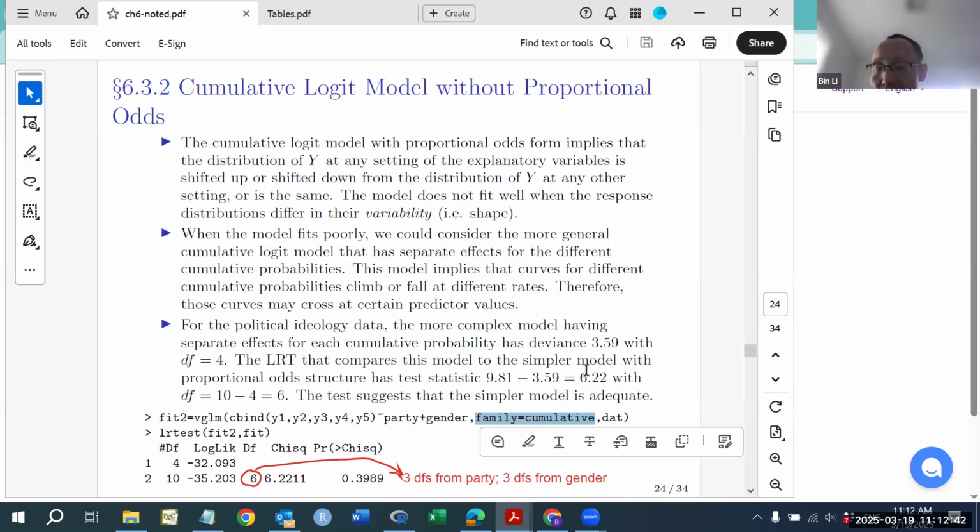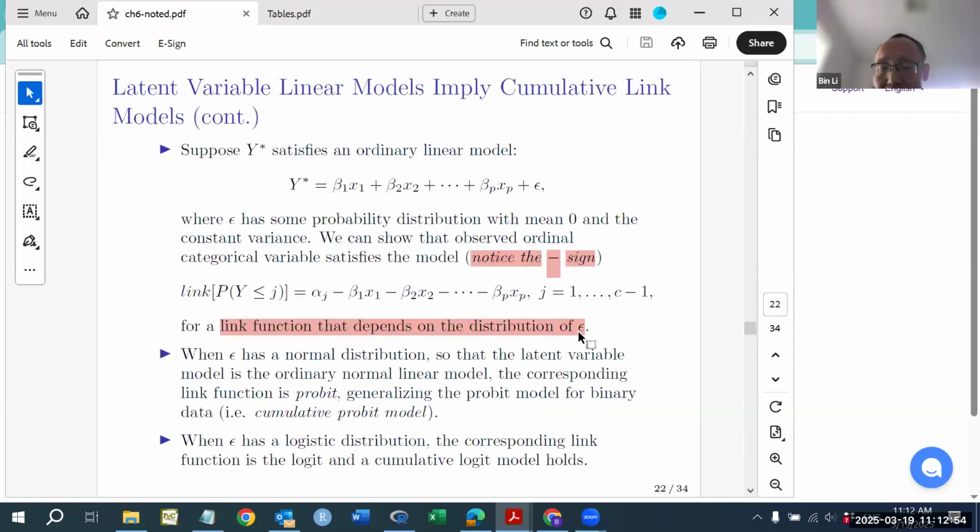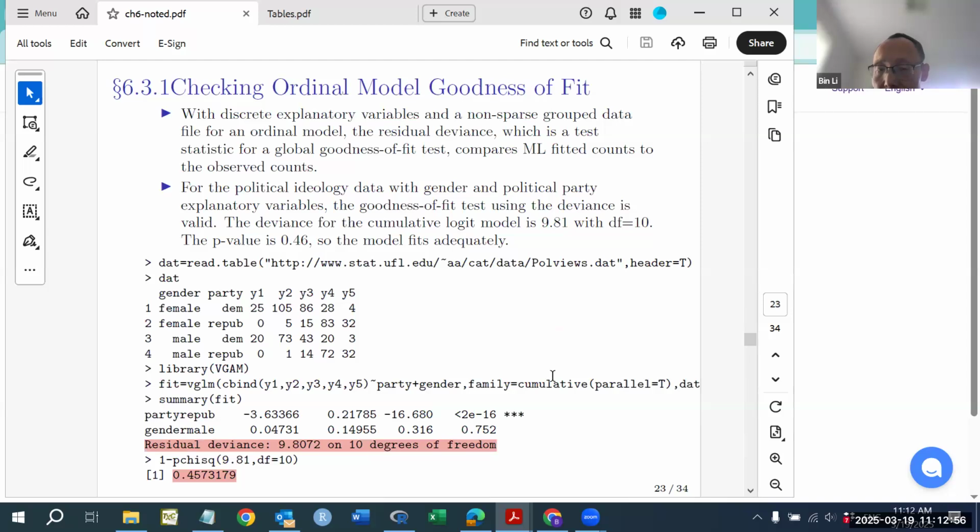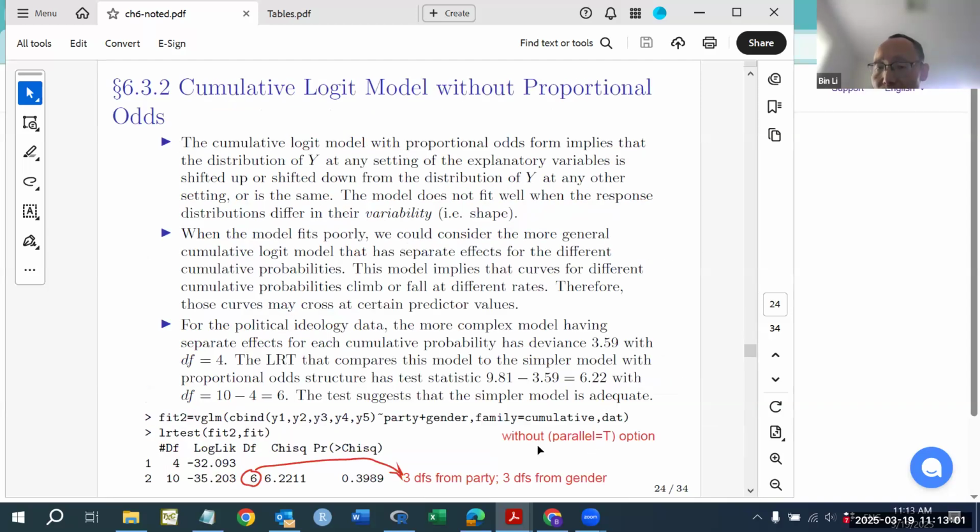But for the proportional odds cumulative Logit model, we have parallel equals true. You see that? Parallel equals true. So that's the difference. If you don't specify that, that means we model the cumulative Logit without